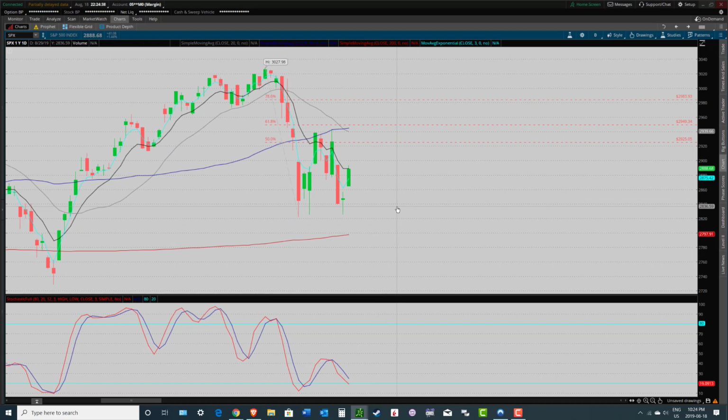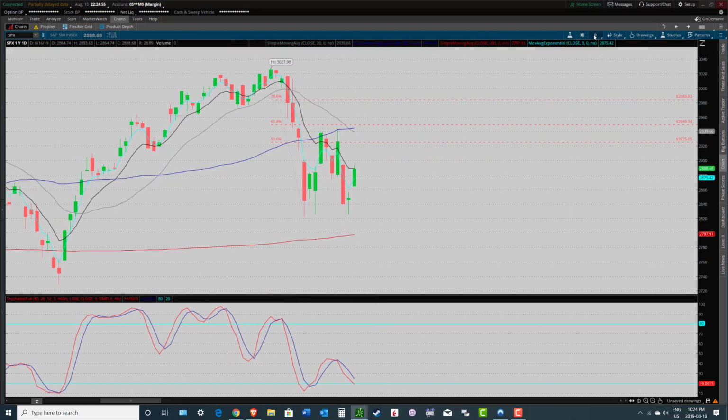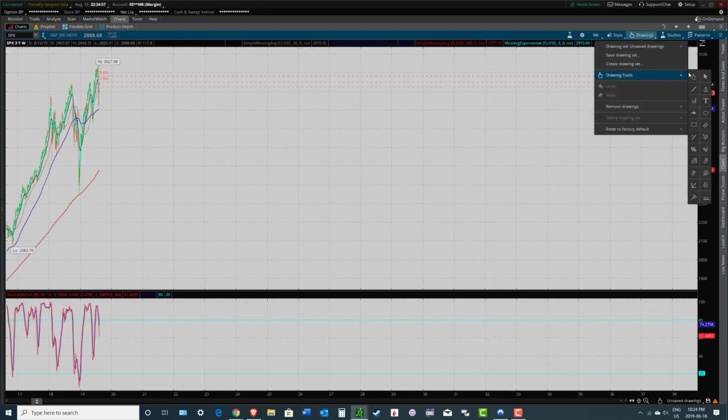Now, let's see. So that's the daily. I'm not seeing any strong signals other than that bullish hammer and a gap up. So keep an eye on that. If we do regain the T-line and we can start closing above it, that's certainly constructive for more upside, but we'll see. Now, as far as the weekly candles go here on SPX,